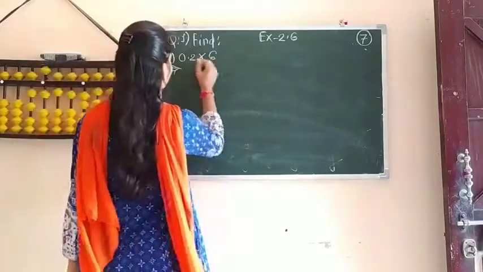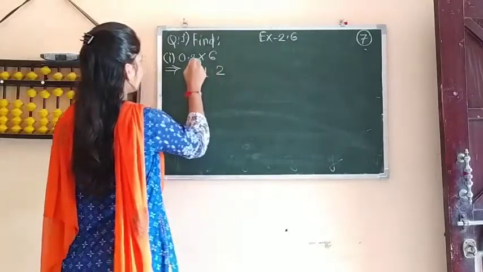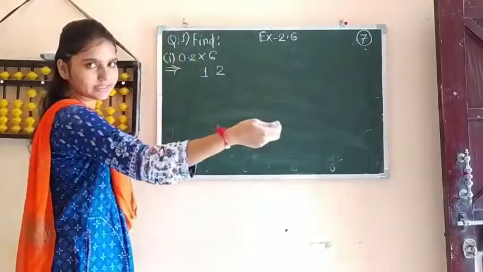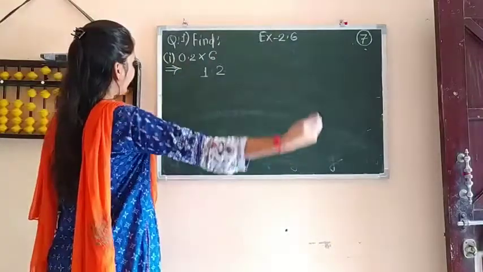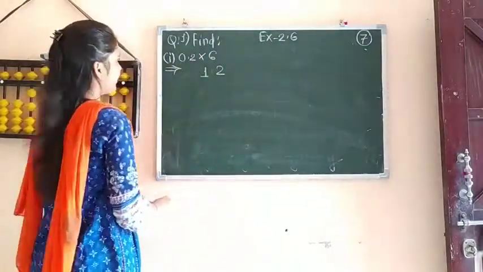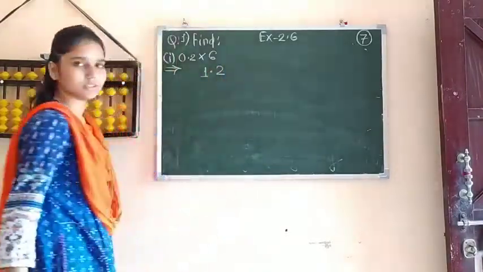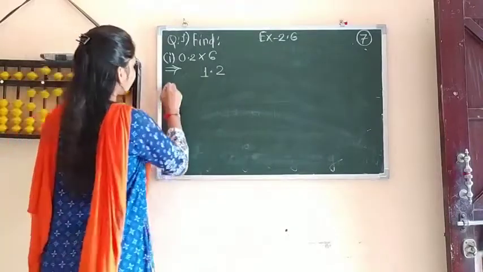See, 6 2s are 12, 1 carry. 6 zeros are 0 plus 1, 1. See here from the rightmost side, you have to see from the rightmost side. So the decimal is after 1 digit. So from the rightmost side, put the decimal after 1 digit. This is the answer. So now next,